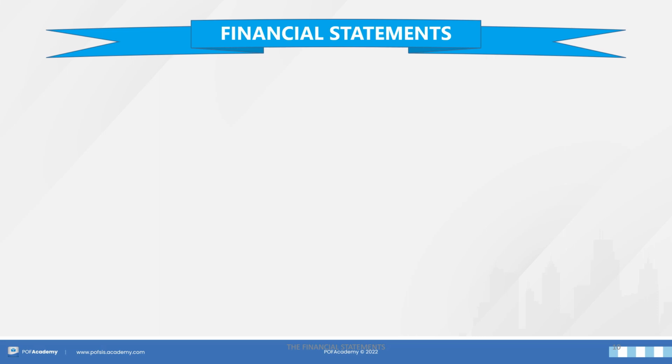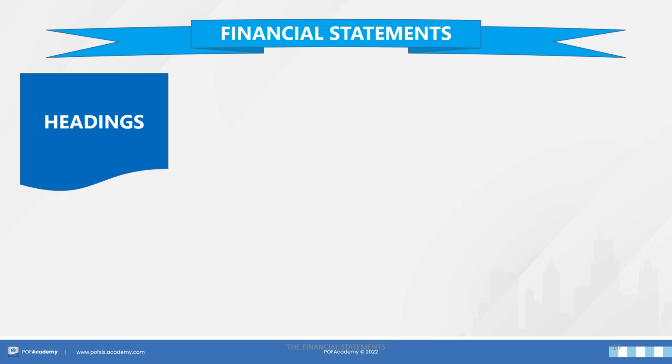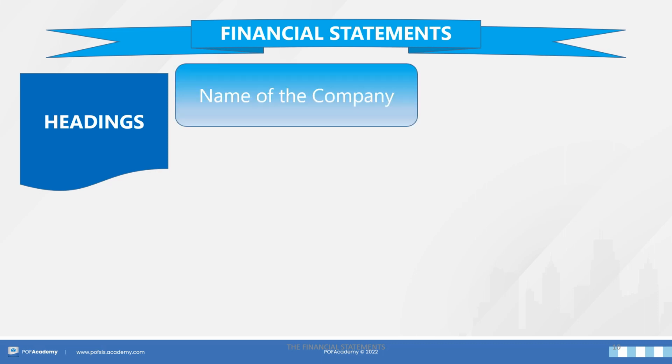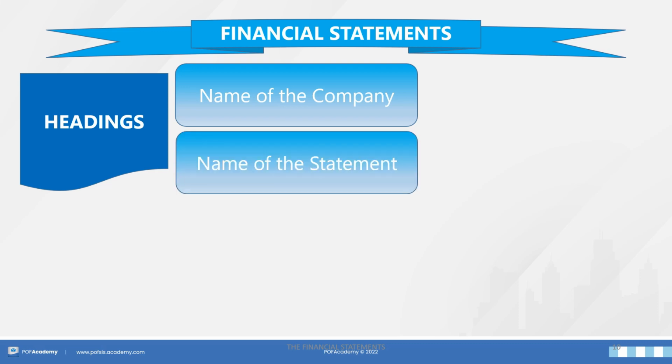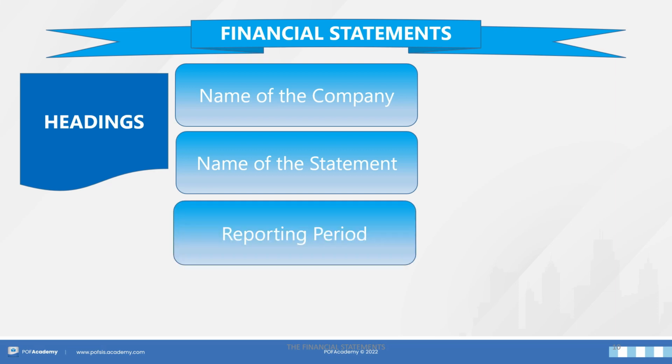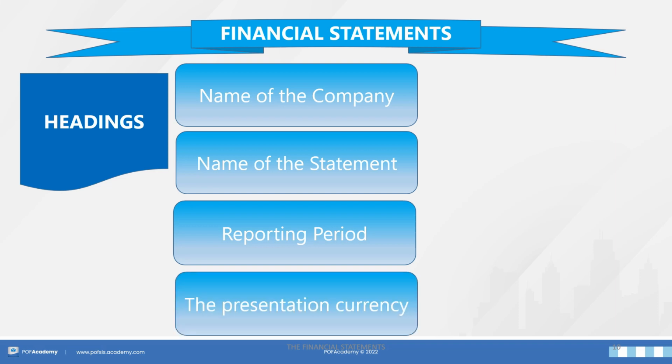And take note also of the heading of each financial statement report. It should have the following details: the first line, the name of the company. The second line, the name of the statement. The third line is the reporting period. The fourth line is the presentation currency. On the third line,